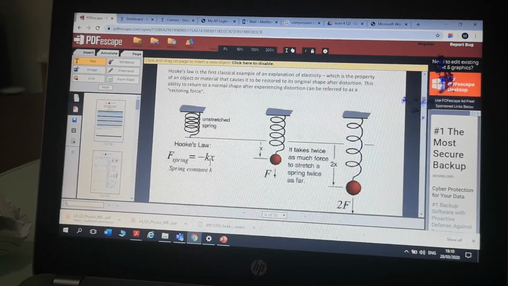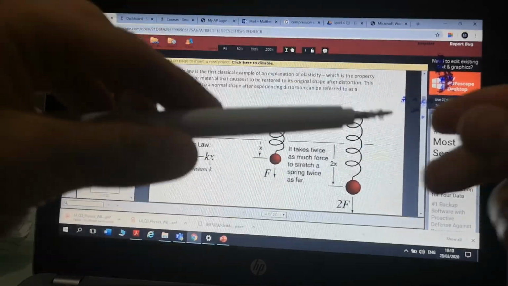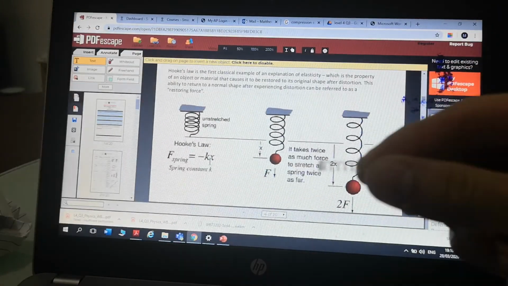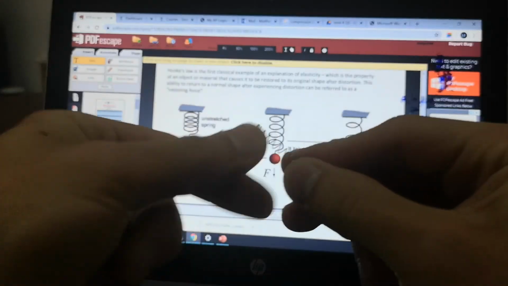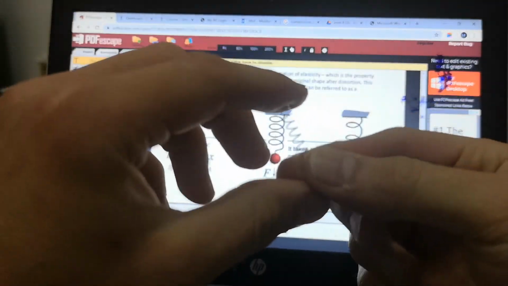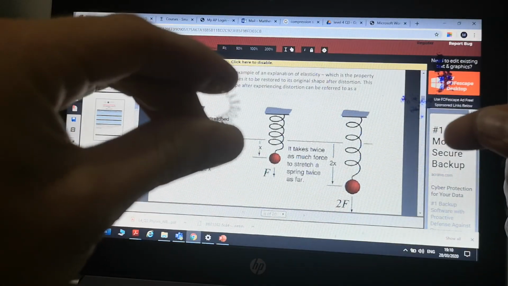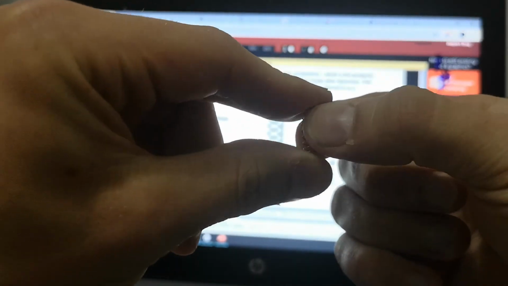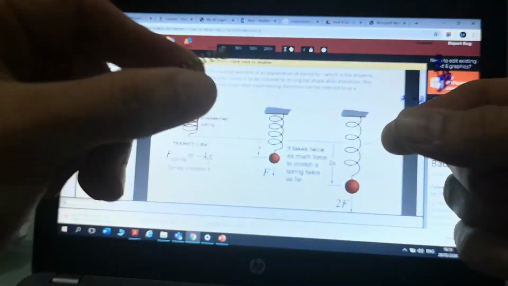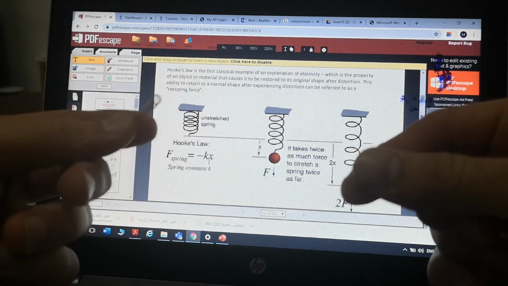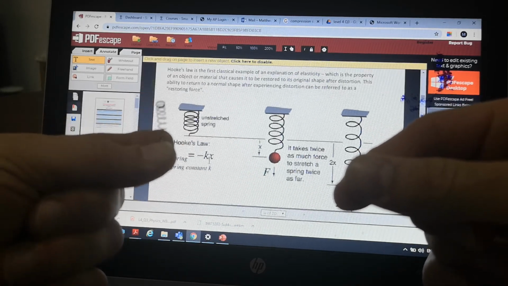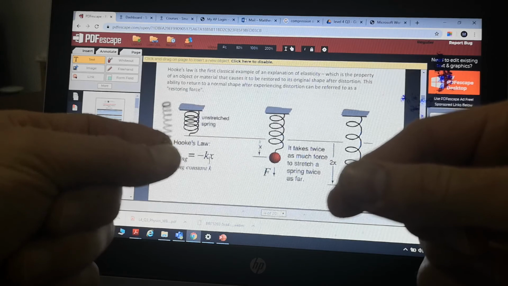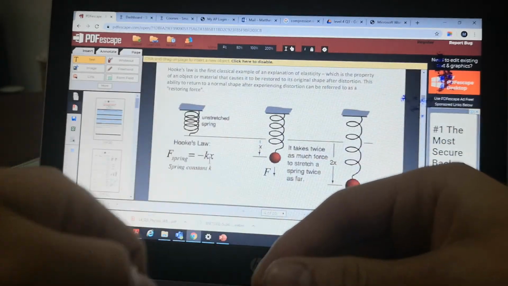Okay, I found one of my pens. Now I'm going to try and take this apart. So inside my pen here, I've got a very small spring. There we go. Now this has a very small k value because it only takes a very small force to change the shape of the spring. I can do it with my fingers. So the k value is maybe 1 for this spring. Of course, I don't know, might be 10, but it's a small number compared to, let's imagine now,